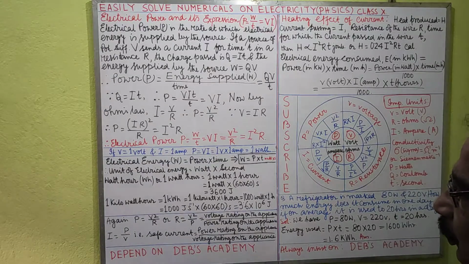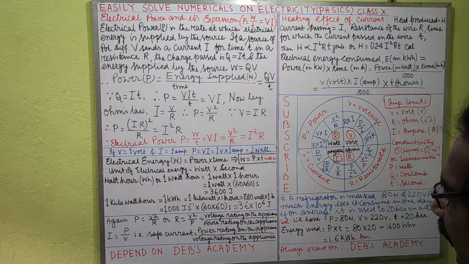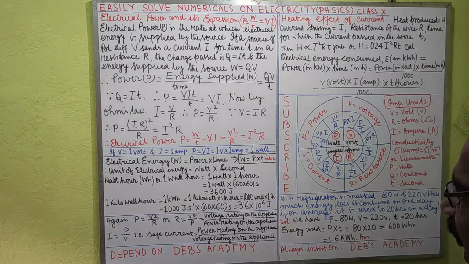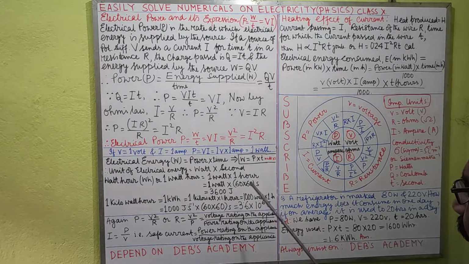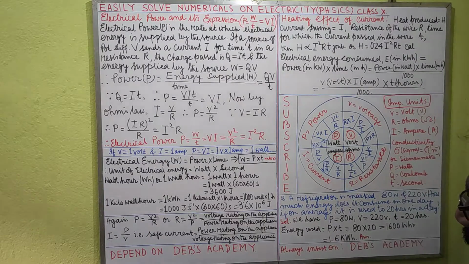Now if V equal to 1 volt and I equal to 1 ampere, P equal to V into I, that is 1 volt into 1 ampere equal to 1 watt. Remember, the unit of power is watt. Now electrical energy W, energy means work done, W equal to power into time. Very easily you can solve all your problems, only you have to go through the question properly and understand what they have given. The electrical energy equal to watt into second.